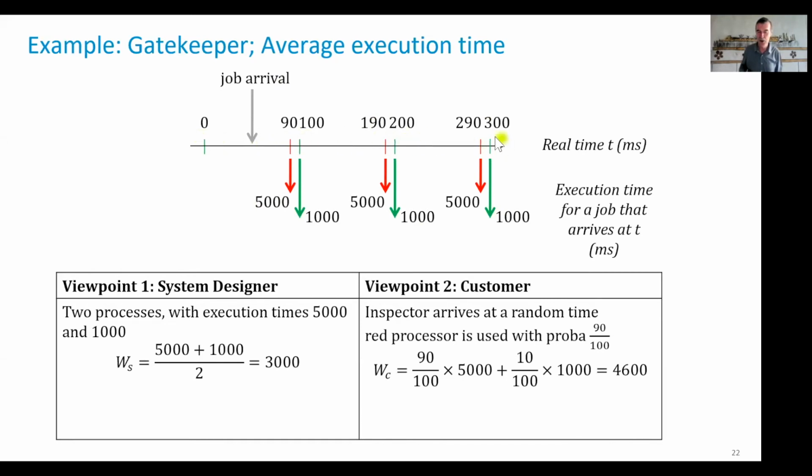This is also your experience, for example, if you imagine the job arrival is you arriving at the railway station in order to go to your preferred location. And then there are two trains per hour that go to your location. One that will come, the red train, that will take a long amount of time, but that will come soon. And another one that will come a bit later here.